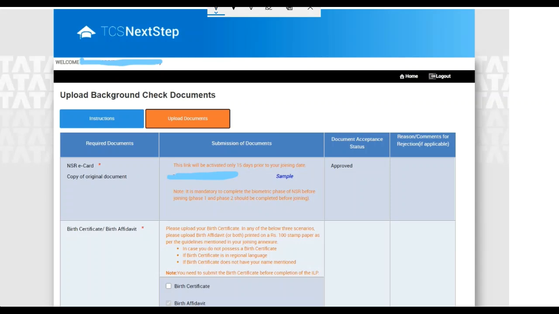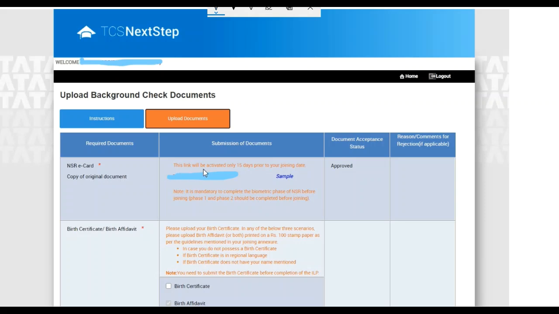Once you click on the upload background check documents link, you will be redirected to this page. As you can see, instructions are given, so you can go through all these instructions before uploading the documents. In documents, very firstly they have mentioned the NSR e-card.